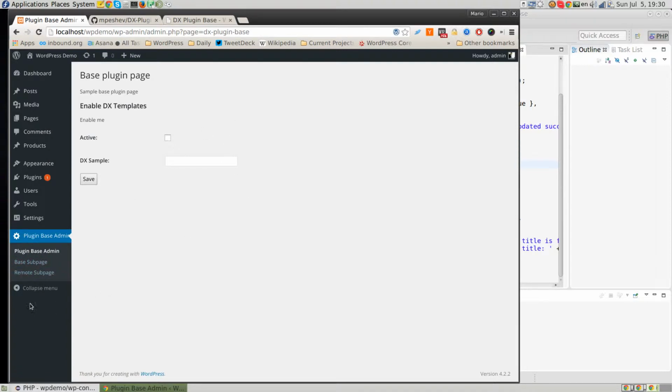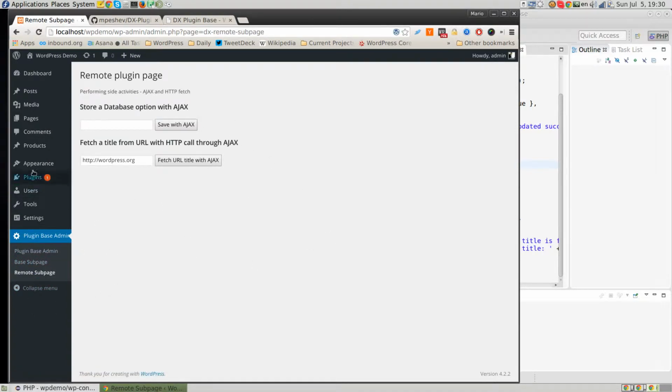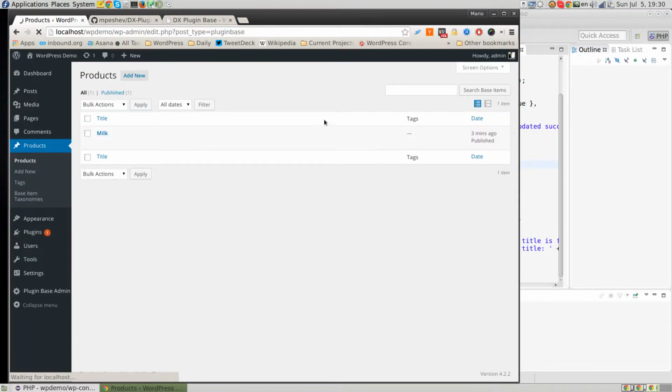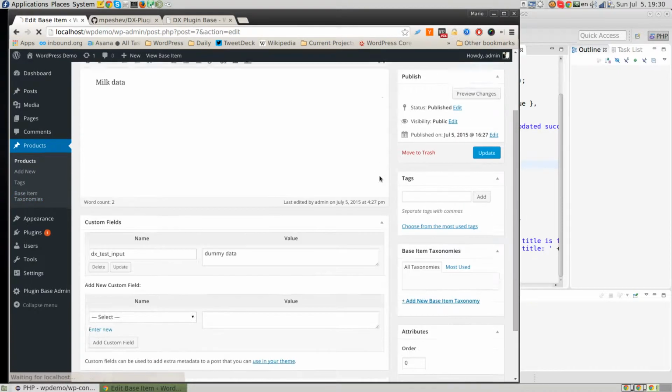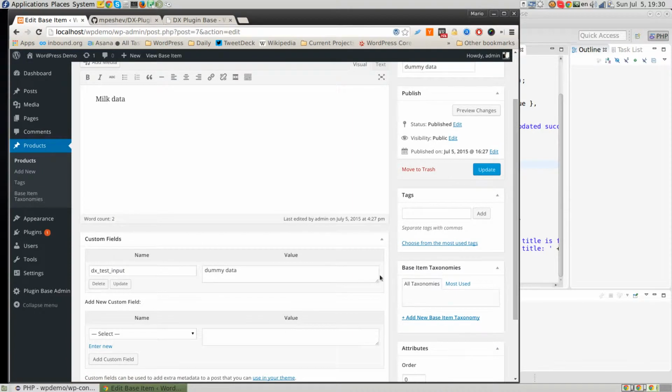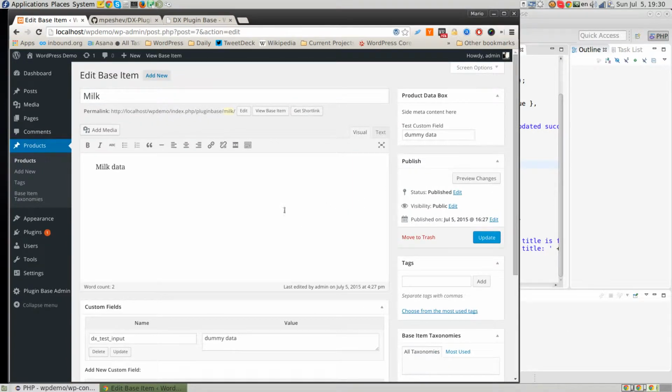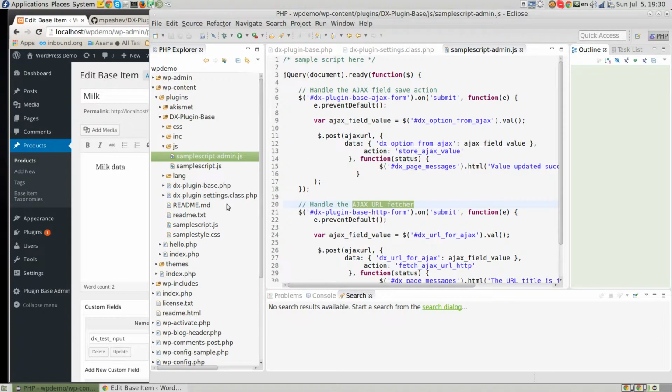So again, we have settings pages, we have some Ajax callbacks for you to use. We have custom post types that you can simply add more of, and taxonomies, of course, connected to them. For each of the post types, we have custom metadata and also taxonomy connections so that you can use them and play with your data. Again, as we pointed out at the beginning, there's some custom JavaScript and CSS that are also added, and we